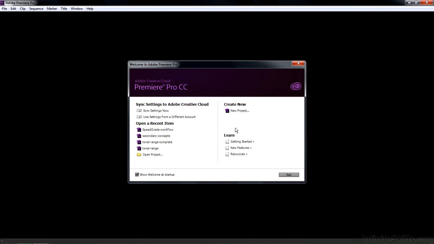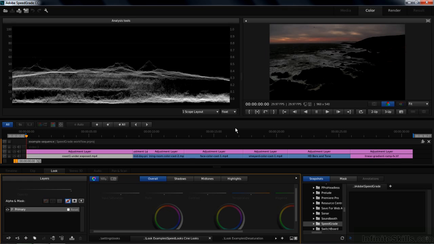The Premiere Pro splash screen shows up for a moment to show you that Premiere Pro is kind of on hold while you work on the sequence inside SpeedGrade. It's a good idea to not have your sequence open in both programs at once, but you can do that. You can have the project or the sequence open in both SpeedGrade and Premiere Pro at the same time.